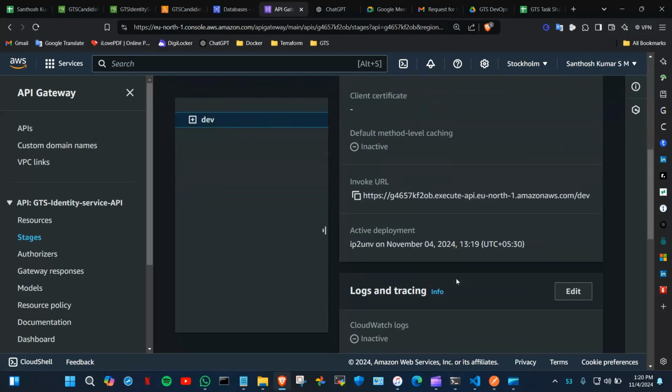Here scroll down. So here copy the invoke URL,